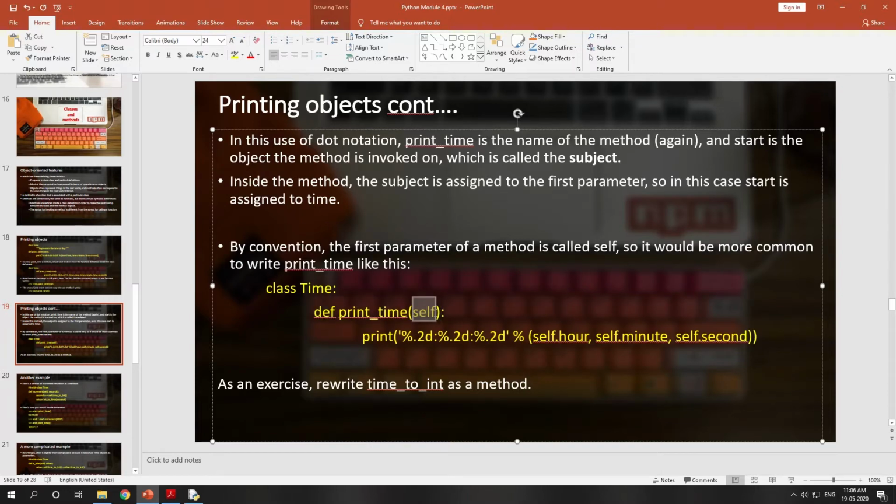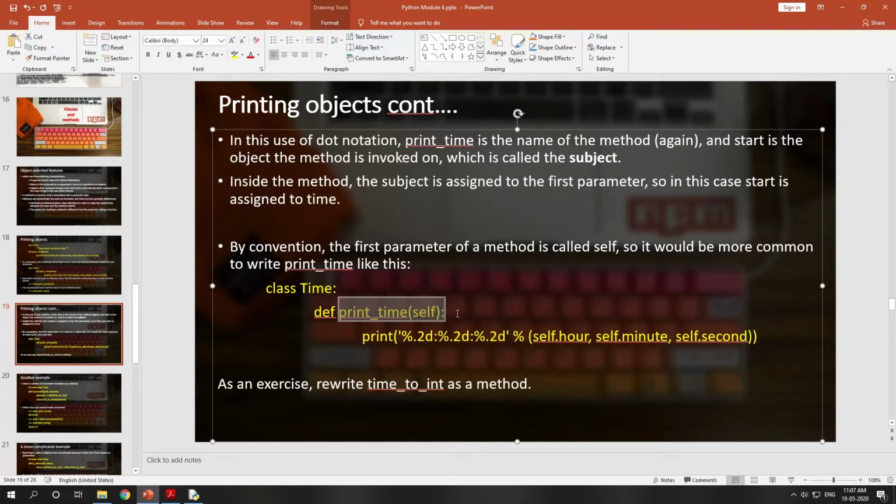Self means the object of the Time class. It is not necessary that every method should have this parameter, but if you don't have it, you cannot call this method as a method on objects.